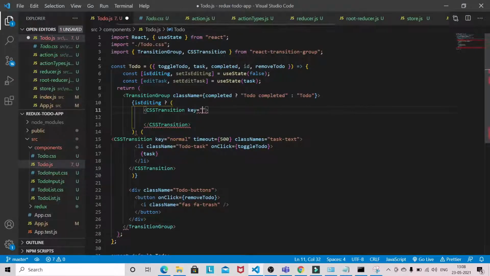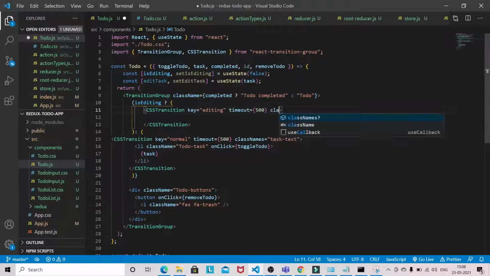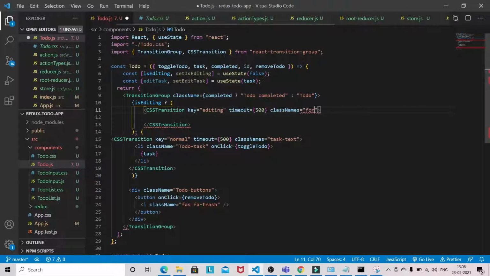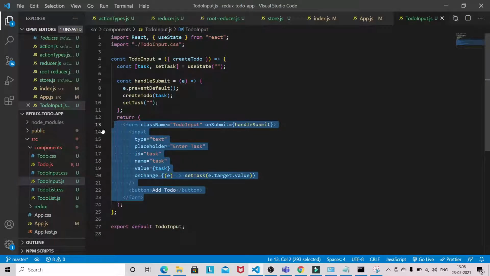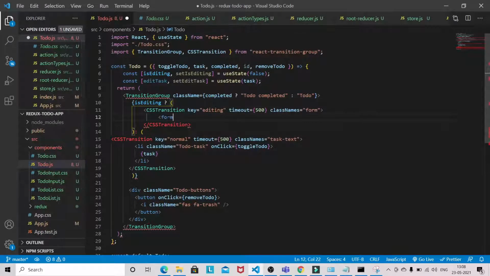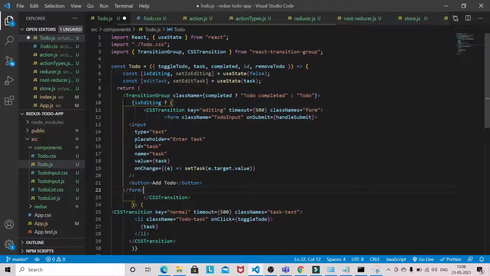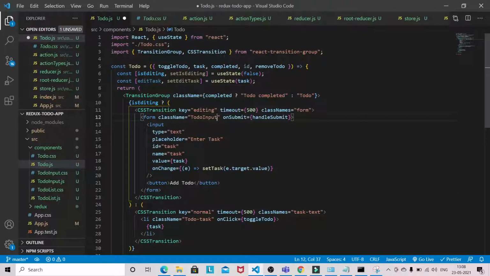So key equal to editing, timeout 500, and this will be a form. We'll give the class name form. I'll just copy from here to save some time. Okay, so we'll just update the class name.